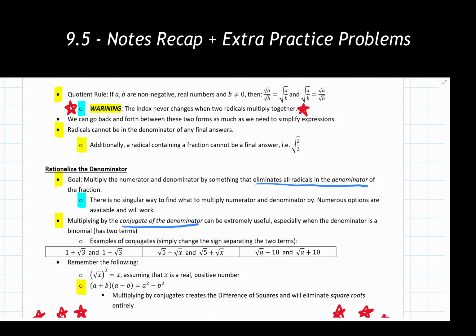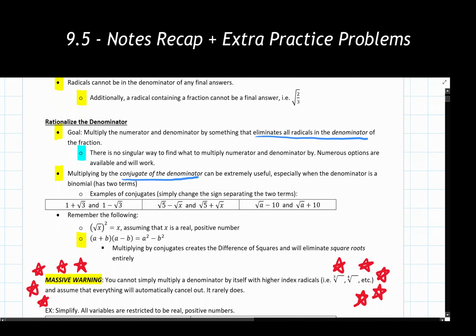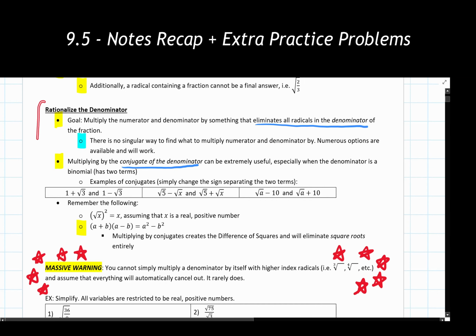So bringing everything back together as a quick summary and recap of what we covered, we went through and determined that we have the quotient rule showing up quite a bit with these problems. Make sure you are using that to rewrite your problems as you need to and going through and simplifying them down. We also need to remember that we can never have any radicals in the denominator of our final answer. That includes having something written out with the square root of a fraction right there. We need to go through and we need to make sure that we are rationalizing the denominator as much as we possibly can. It's a non-negotiable.